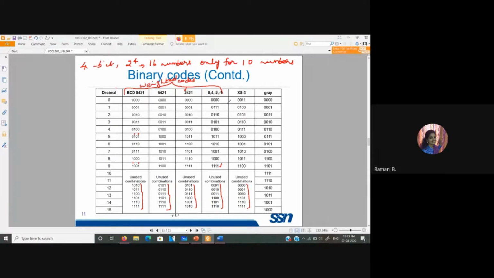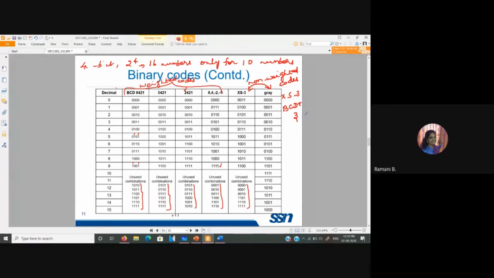So next, non-weighted codes. The examples for non-weighted codes are XS3 and gray code. Here, each bit position does not have any weight. It is just a random thing. So here, XS3 is basically BCD or the 8421 code plus 3.